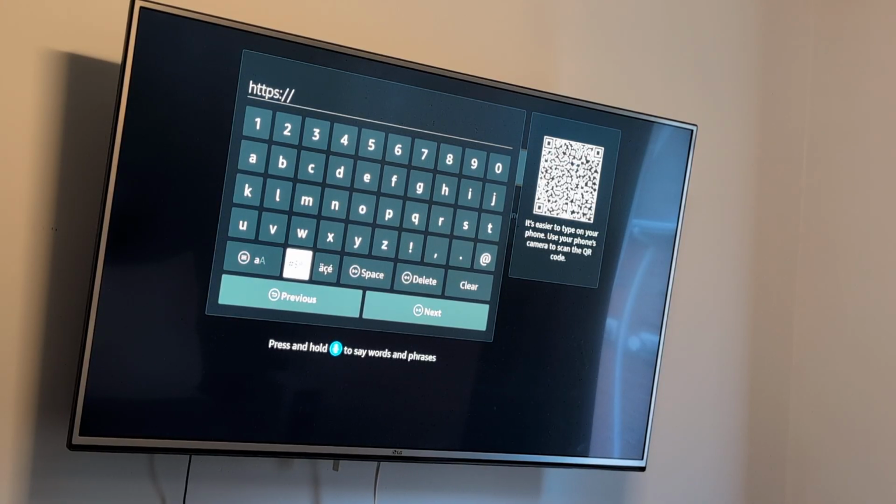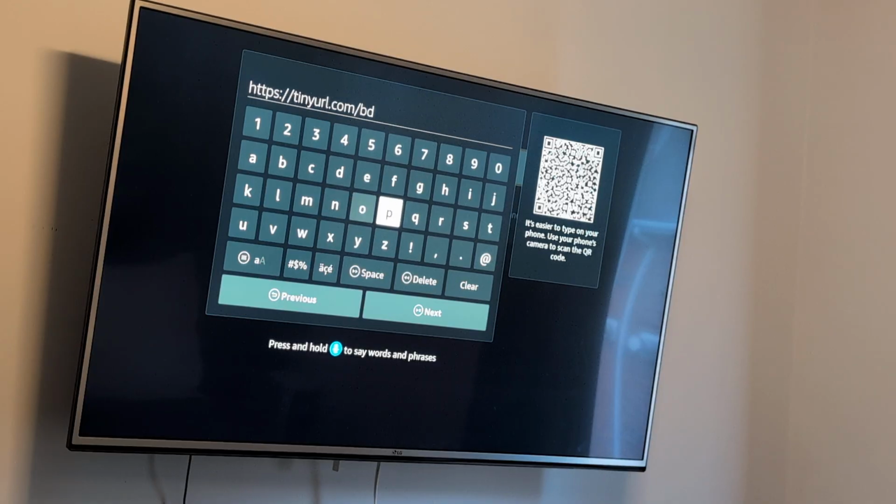And you want to type in the word tiny URL.com, and then / again, back to your letters,